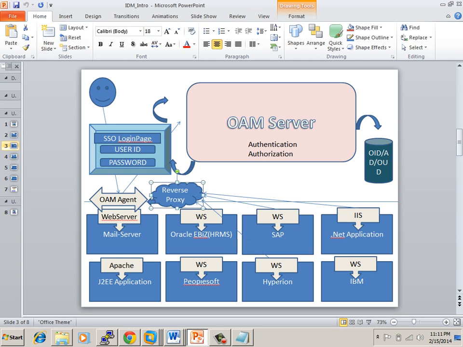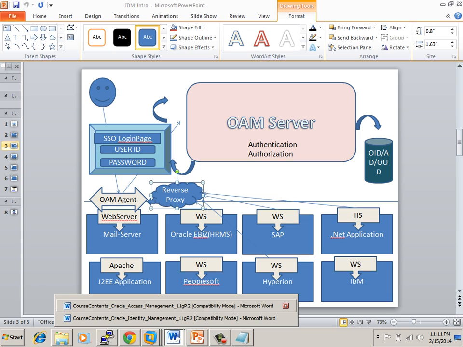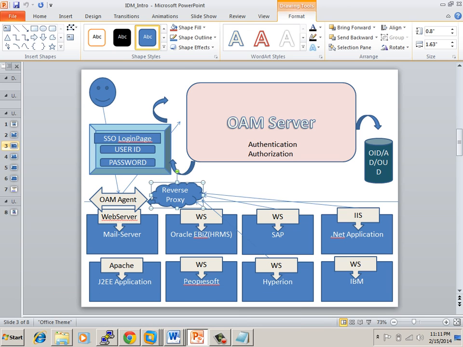I will also show you, I didn't put it on the course contents, that if a user accesses any other web server, I will take another web server which will do the reverse proxy to the web server which has the agent, because you are not supposed to put the OIM agent on each web server. Let's say if a user tries to access an SAP application, then on the SAP application we have a web server. This web server will, using the reverse proxy, redirect the request to